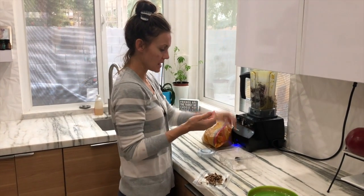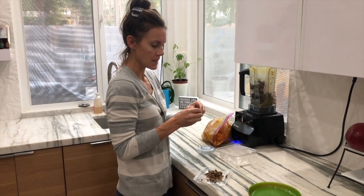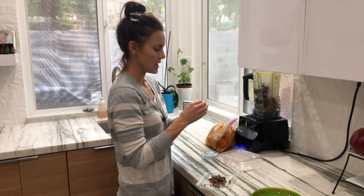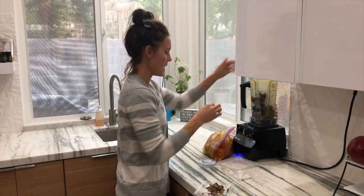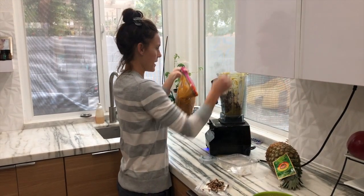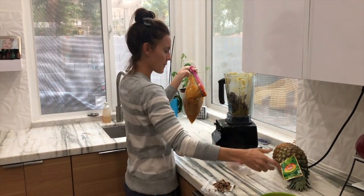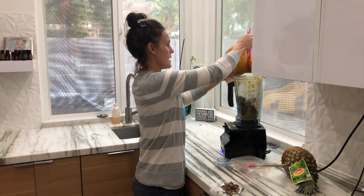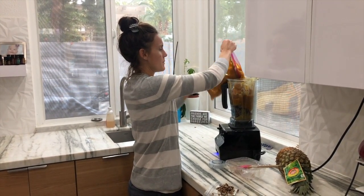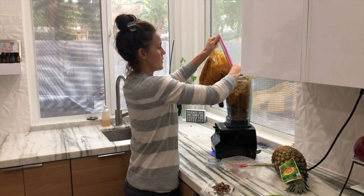So I'm just de-seeding the dates, taking out the seeds. This recipe calls for dates. So take these out, put them in, and then I'm making pumpkin. This is pumpkin from last week that we cooked up, so fresh pumpkin. And I'm just going to put this in there so it has some liquid, okay? And then we're going to,